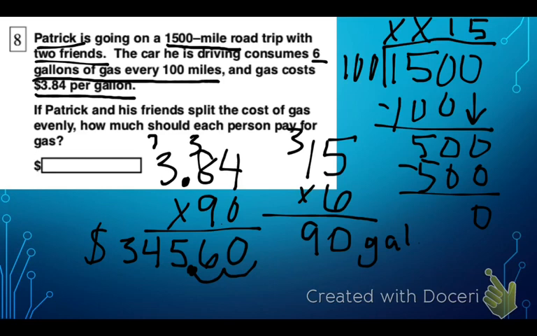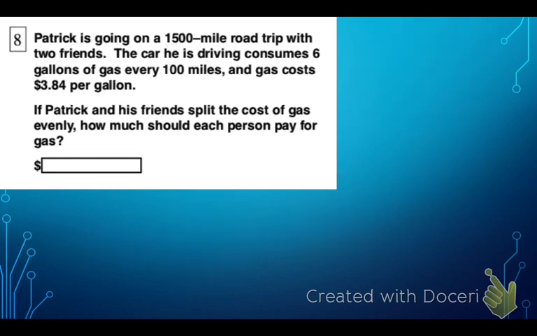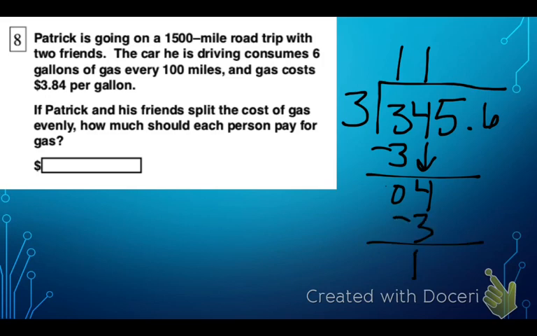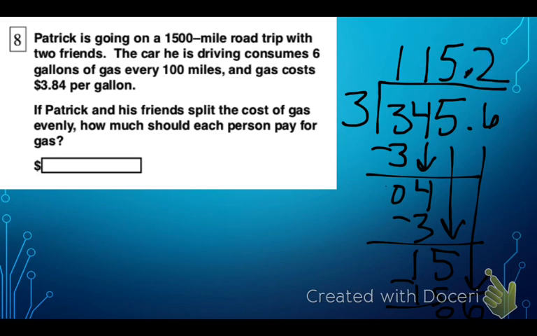So my very, very last step, I need to divide my $345.60 by 3. All right, so 3 goes into 3 one time. Subtract that. 3 goes into 4 one time. 1 times 3 is 3. Keep going here. 3 doesn't go into 1, so bring down my 5. 3 goes into 15 5 times. And lastly, 3 goes into 6 2 times. So it looks like each person will pay $115.20